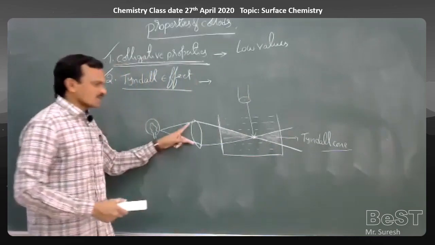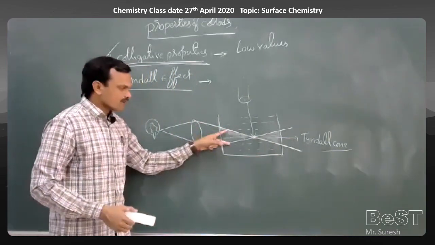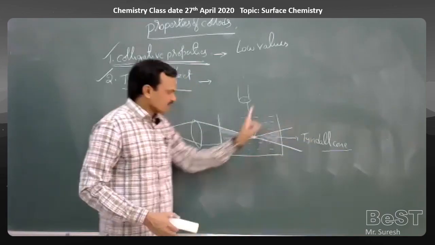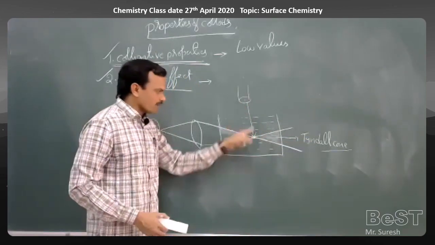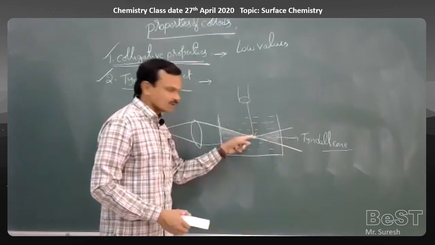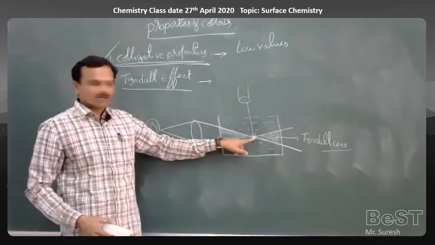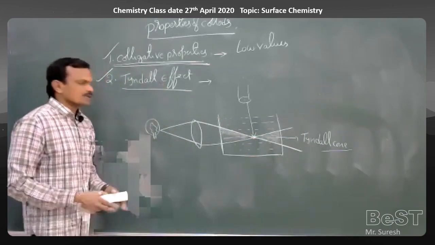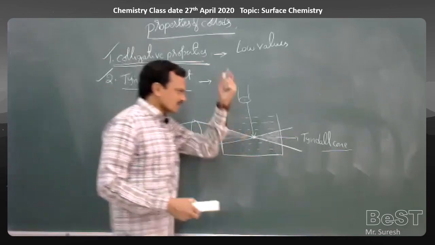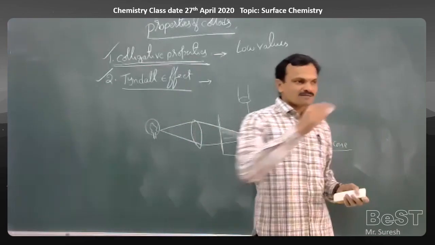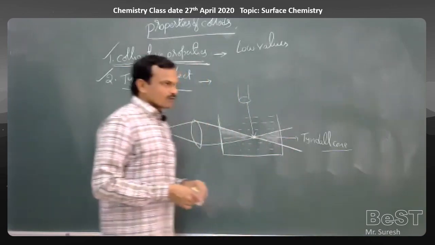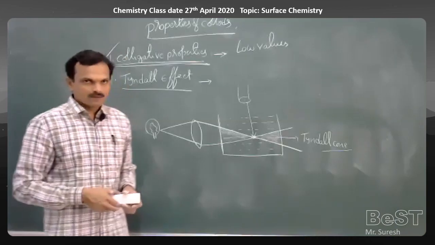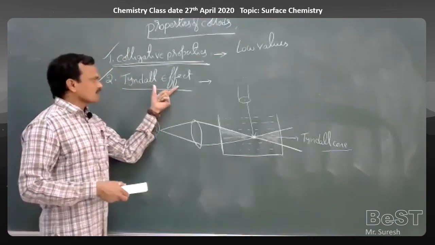The path of the projected light appears as a bright beam, and that bright beam of light is called a Tyndall cone. If you see this colloidal solution perpendicular to the light, then we can observe colloidal particles as bright particles. For this, we discussed some examples in the first class. The path of the projector light we are able to see means the dust particles present in the path of the projector light we are able to see. And the basic principle involved there is the Tyndall effect.